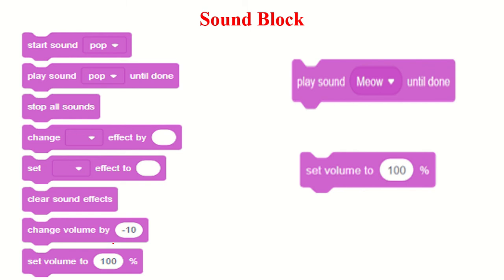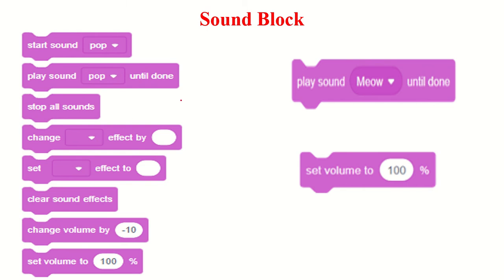Not only by the instructions, different blocks are also identified by their color. So sound block has pink color. Pen block has green color. Motion block has blue color.